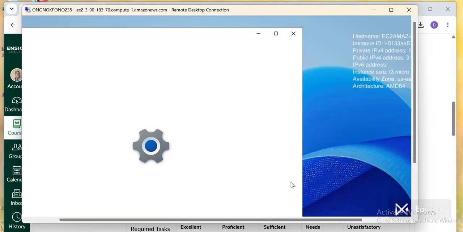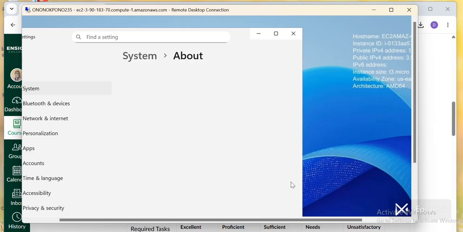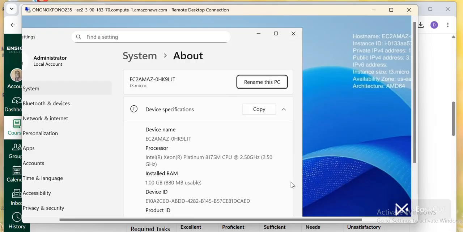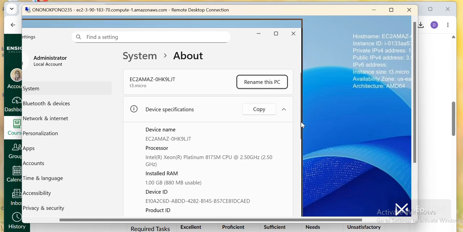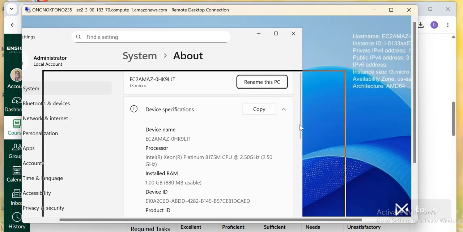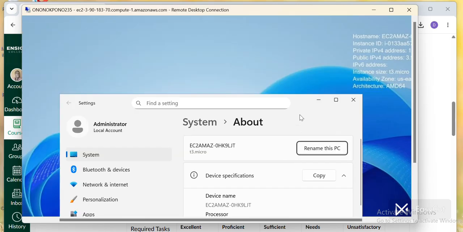Seems the network is slowing down things this time around. Oh no, the PC name is still indicating EC2 whatever, but the requirement for this assignment says the PC name would be my surname